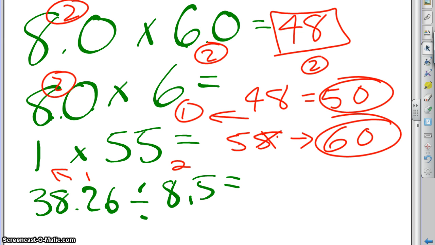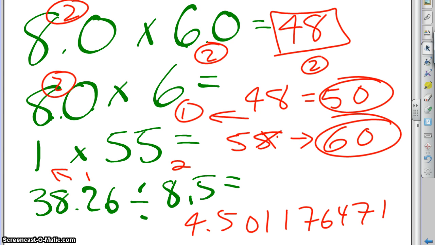38.26 divided by 8.5. I don't think I'm going to try to do that one in my head. I'm going to get my trusty calculator, and I'm going to divide those, and I see that my calculator, oh my goodness, spit out a big long string of digits. It says 4.50117647, and I suspect it goes on further, but